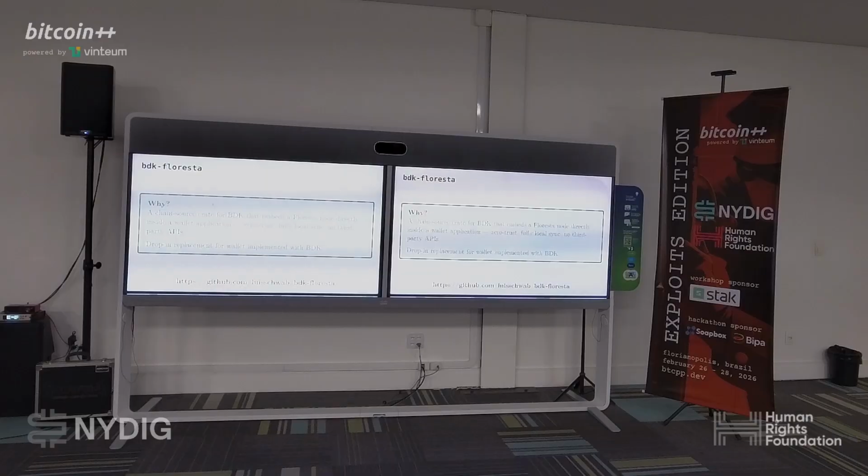So for Esplora and Electrum, you usually trust somebody else's server. If you use any wallet today, you're pretty much going to use somebody else's server. You don't necessarily know who runs it. You don't know that the information is actually correct. And you also are leaking all your data, as I said before. You can see the repo here below.